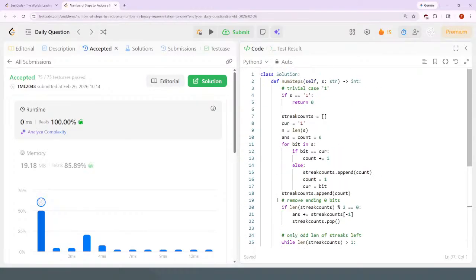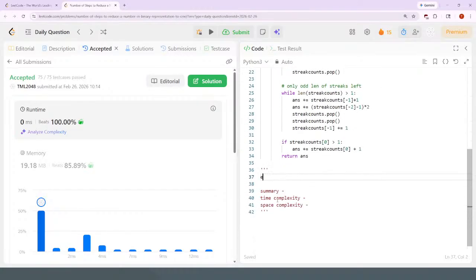so I guess the summary of what happens here, in terms of just an example, let's say it's 1 1 0 3 zeros 1 0. Okay, so this means that the streak counts array would be 2 1s followed by 3 zeros, 1 1, 1 0, 3 1s, 2 zeros. So in terms of the counter for the number of operations,